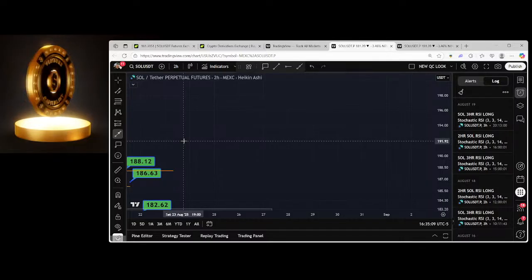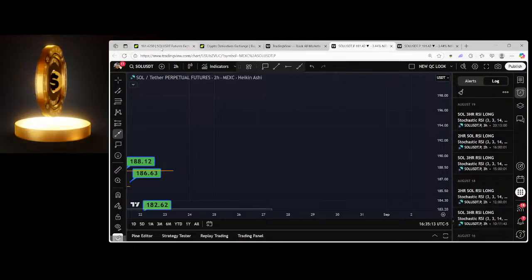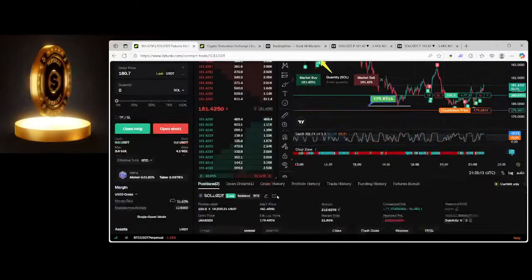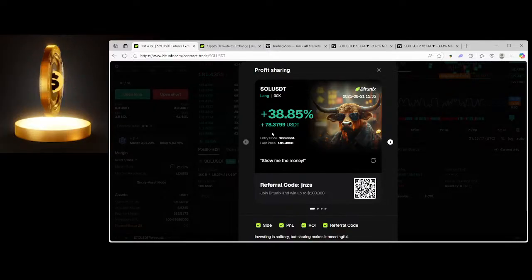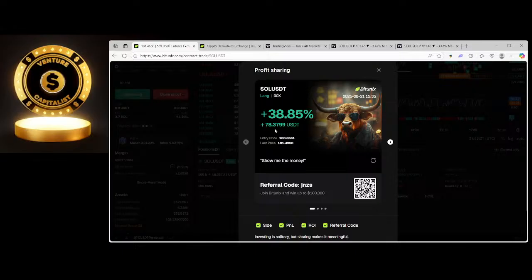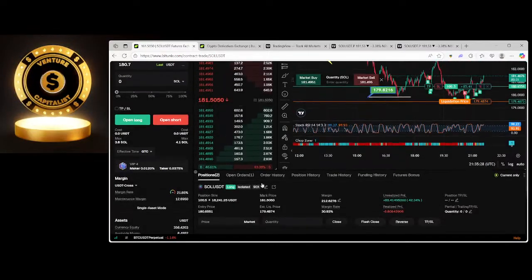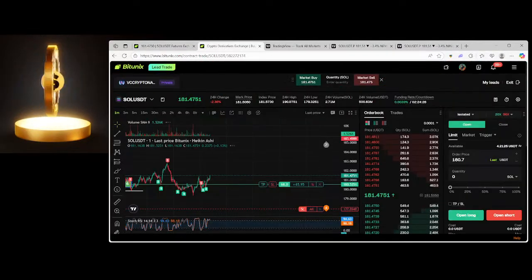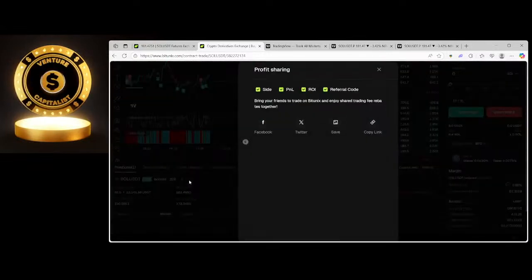Okay, we're in Solana Long right now. If you're listening to us and paying attention, right, there we go. We're already up 38%. Okay. All right, if you're listening, that's our high leverage trade, and then this is the trade that you could actually get into. This is, if you're following me,